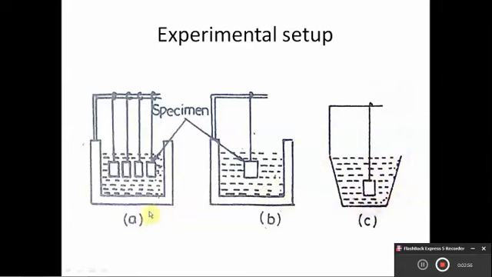So as you are observing here, A indicates a salt bath furnace which is giving a 100% austenitic structure. But when some samples are taken out from the A bath to the B bath after some definite time interval, complete transformation will not occur here. In the samples which are kept for a very short period, a very small percentage of pearlite will get transformed and the remainder will be untransformed, and that remaining untransformed austenite will get completely transformed into martensite when those specimens are dipped in the third water quenching bath.